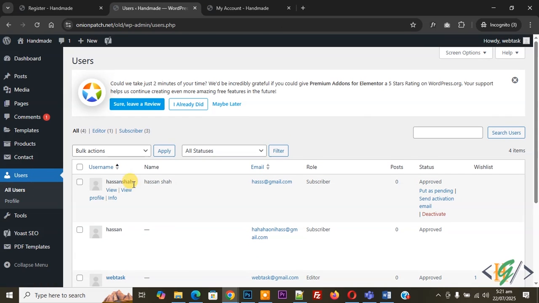Now you see this user Asansha is approved. Now you see the status. When you hover on it, you see other options also: put as pending, send activation email, deactivate, but now you see the approved status. So in this way you can allow another user role to approve Ultimate Member